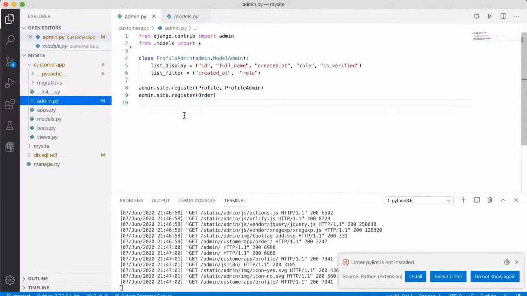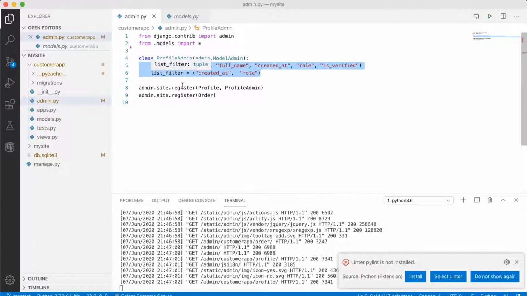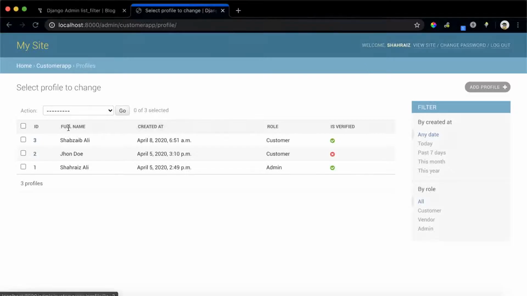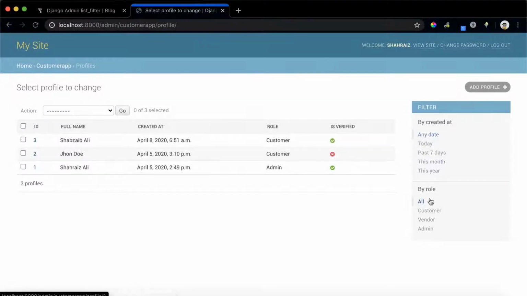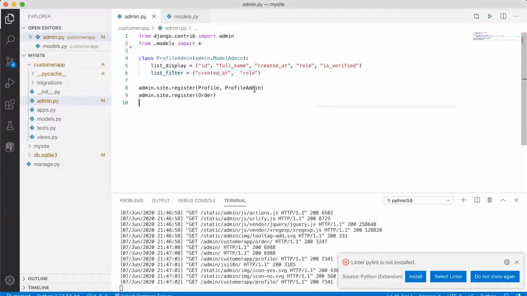And for the admin side, I have registered the models, and with these basic out-of-the-box properties which we could use, I have added these fields to show up in the list display. That's why I'm able to see this full name, this created at, role, and verified. Also, I've added two properties to the list filter, so I'm able to see these two, the created at as well as the role. So coming back to the models,